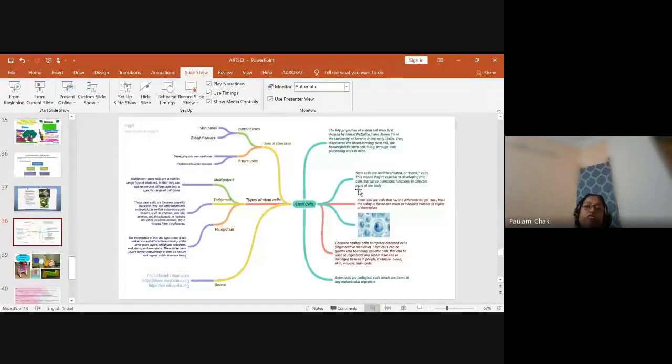Then this year when I was teaching them stem cells, I told them about stem cells and then I said, you will research and tell me more, because I don't know. Ma'am doesn't know much about stem cells. You are the evolved people, so you will be telling me about stem cells. So I taught them the tool called Google, and with Google they came up with these beautiful mind maps and beautiful concept charts as well.